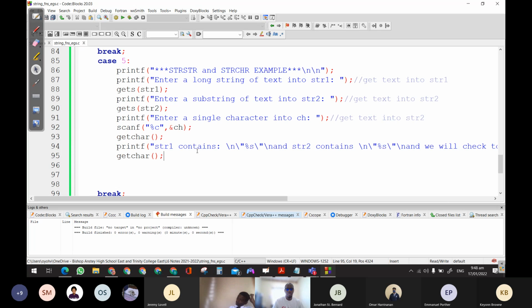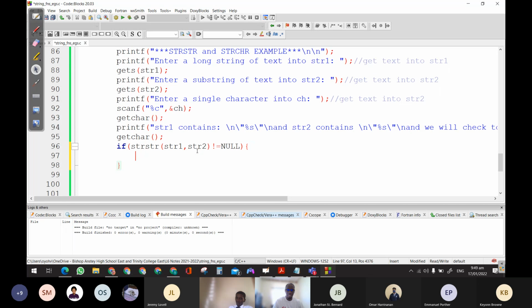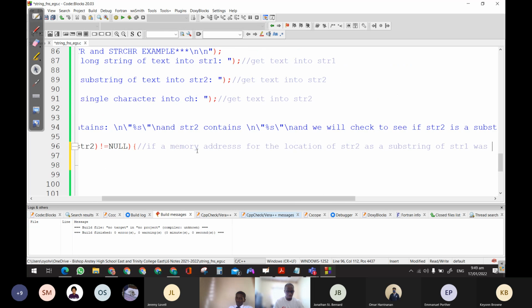So how do I do this? I say if strstr(str1, str2) is unequal to null. What does it mean? This means if a memory address for the location of str2 as a substring of str1 was returned,